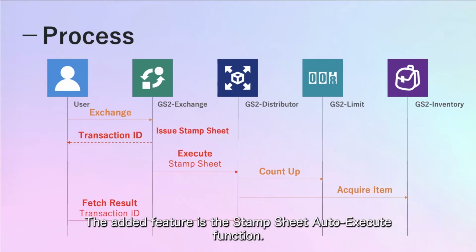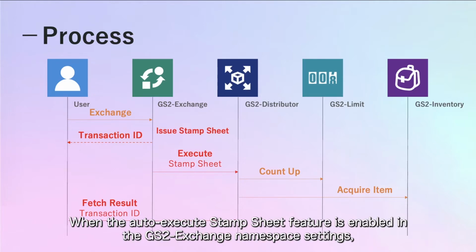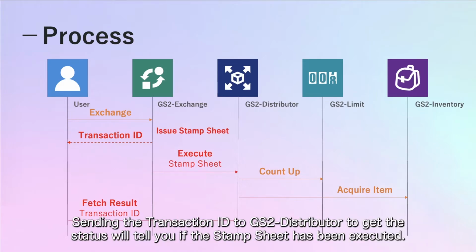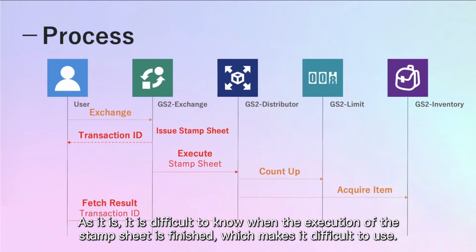The added feature is the stamp sheet auto-execute function. When the auto-execute stamp sheet feature is enabled in the GS2 exchange namespace settings, the GS2 exchange return value changes to a transaction ID instead of a stamp sheet. Setting the transaction ID to GS2 distributor to get the status will tell you if the stamp sheet has been executed. As it is difficult to know when the execution of the stamp sheet is finished,